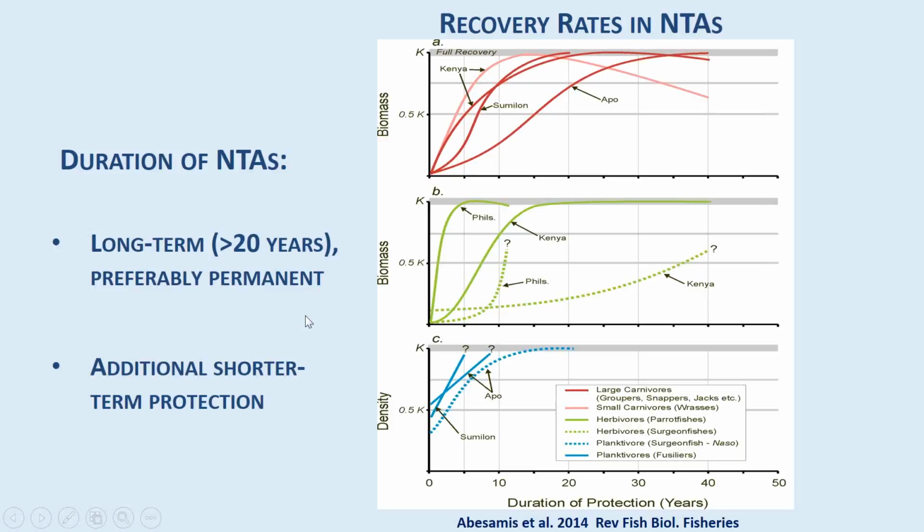Now, there are benefits for some short-term protected areas for specific fisheries management needs. For example, in some places people like to close an area for a few years because they have an important cultural event coming up and they want to stockpile the fish. So they might close an area for 5 years, and when they open it, they harvest it for a feast. That's a perfectly legitimate fisheries management method.